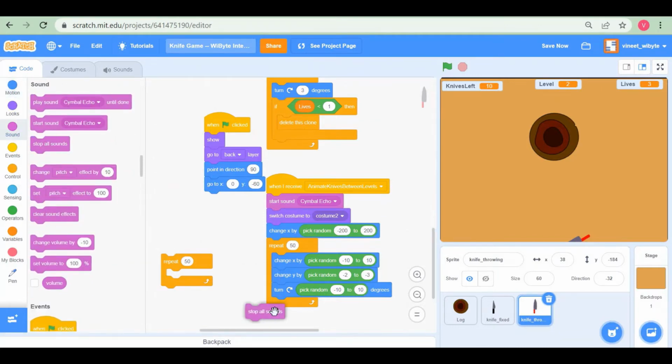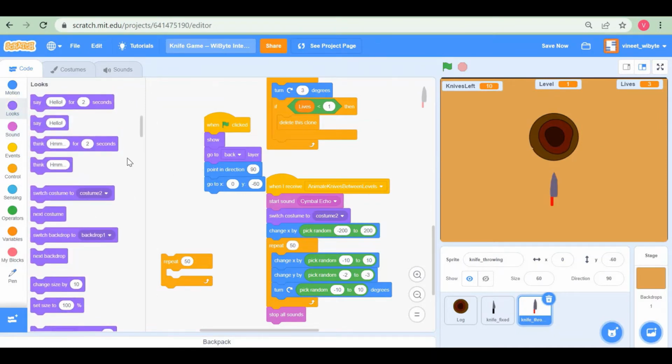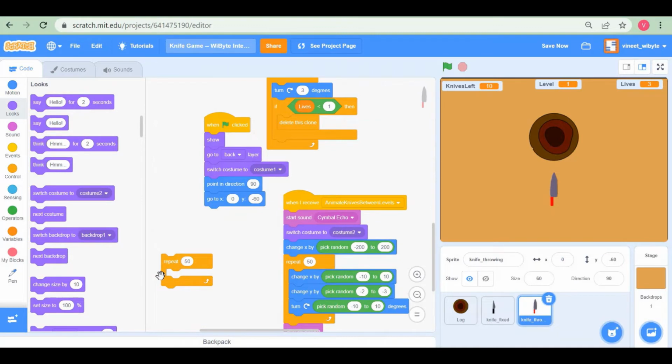So I'm just going to say stop all sounds. Right now this is quite interesting, because when the game starts, first thing first, when the flag is clicked, I must make sure that I switch back to costume number one, because remember, now we have two costumes, so I have to be careful. I'll say switch costume to costume one, because that's the one that has been aligned to rotate with the log, right? So once the game starts now,